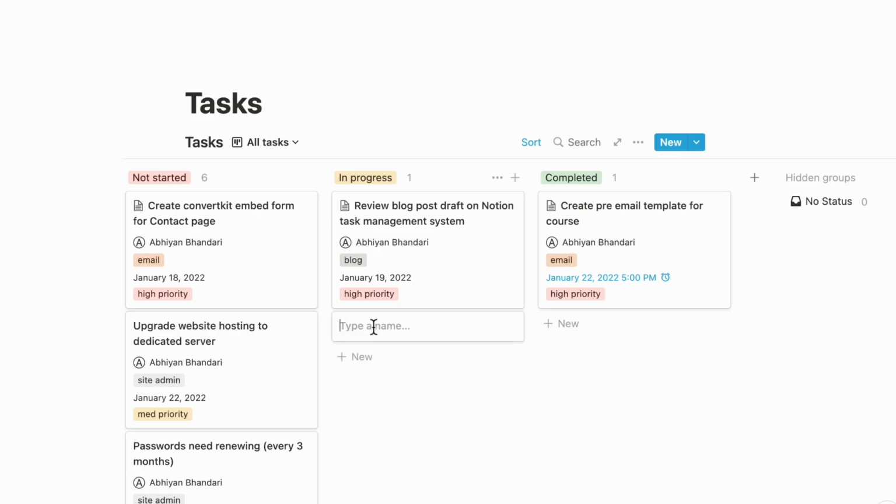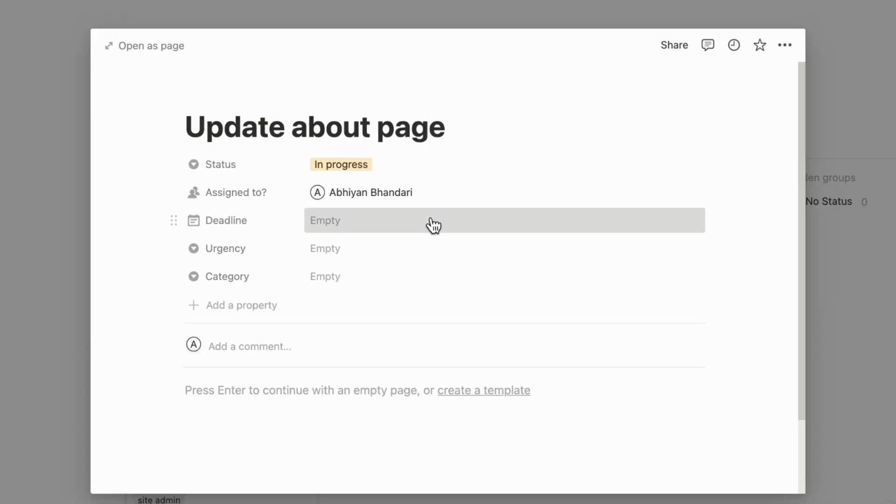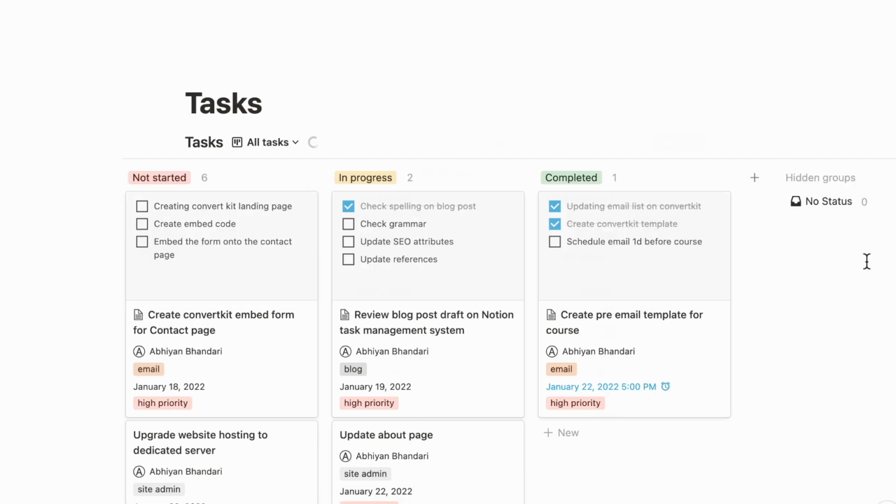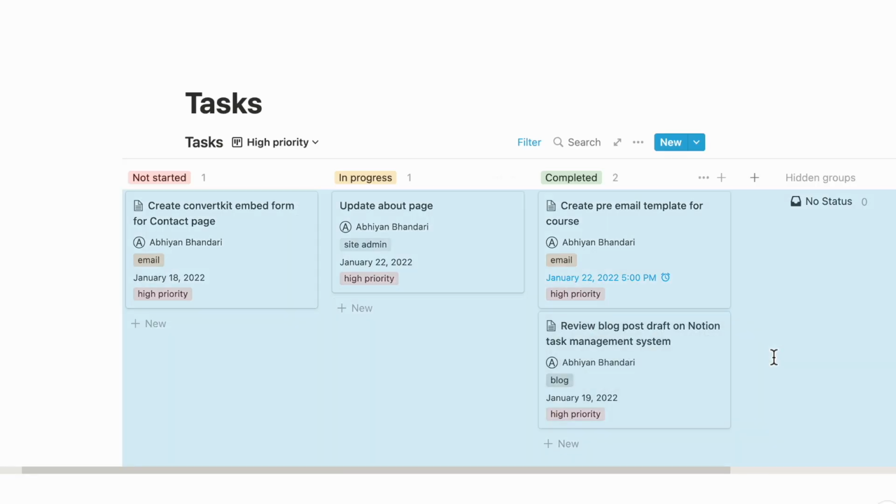In this video, I'll be showing you how to create an effective task management system using Notion, where you can sort tasks by when they're due, what category they're in, what priority they're under, even who they're assigned to by using the database property. I'll be going through step by step of creating this process from scratch,